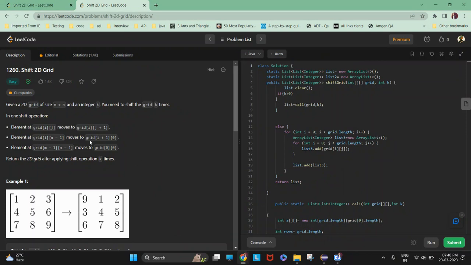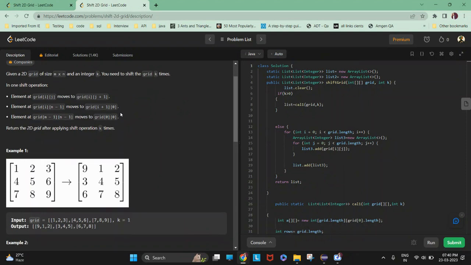Given a 2D array of size m into n and integer k, you need to shift the grid k times. In one operation, you have to do the following. If it is an element grid[i][j], meaning any element which is not at the edge, that is 3, 6 and 9, and all the elements like 1, 2, 4, 5, 7, 8, what you have to do is move it to grid[i][j+1]. So you have to move this element to the next column. So 1 will come here, 4, 7 will come here,